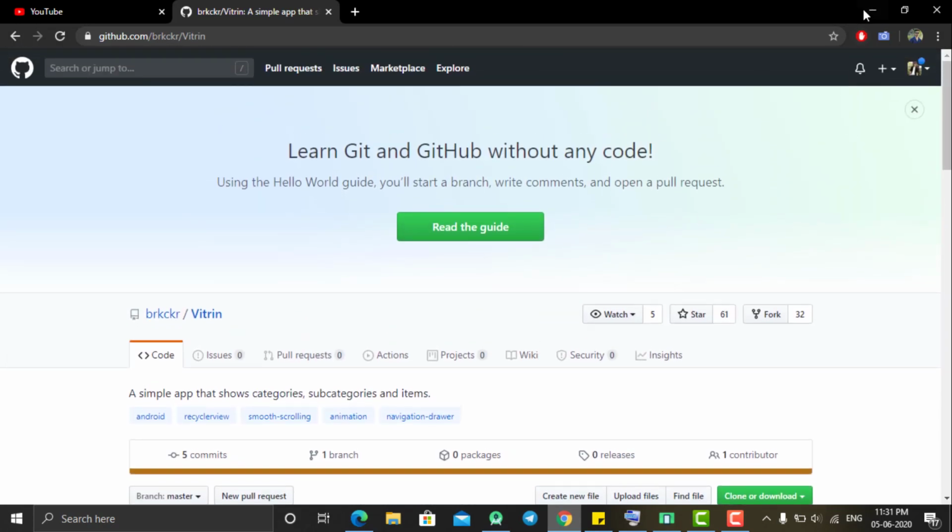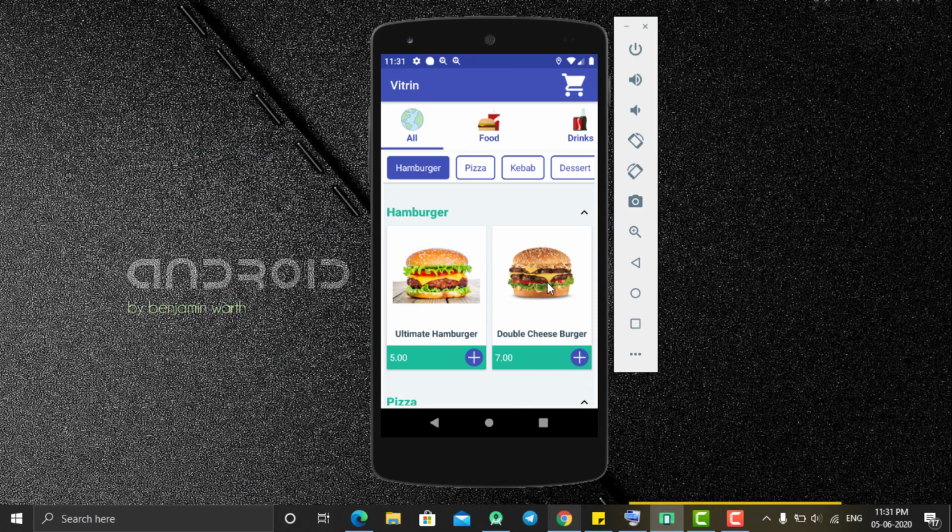Before that, let's use this application and see what basically this application is. As you can see, this is the home screen of our application, and at the top of the screen you can see there are different sections of the products. Basically, these are the categories of the products that this app contains. After that, here it is an expandable layout where the products have been categorized into different sections, and here we have a list of all the products.